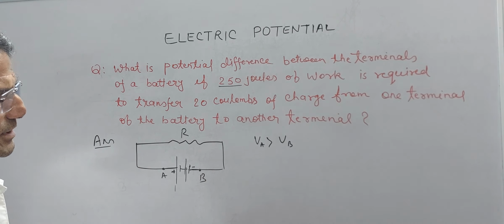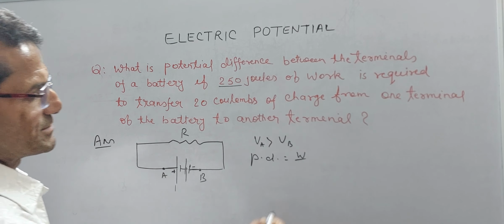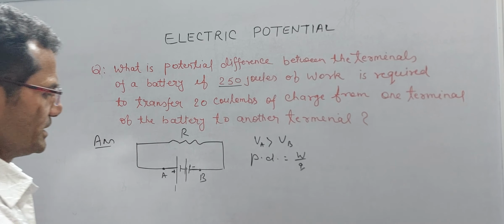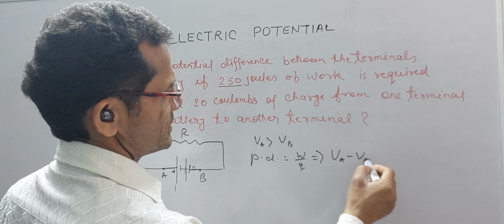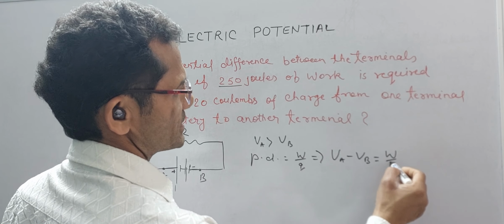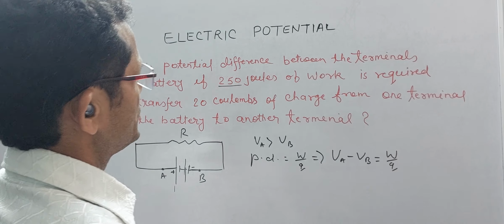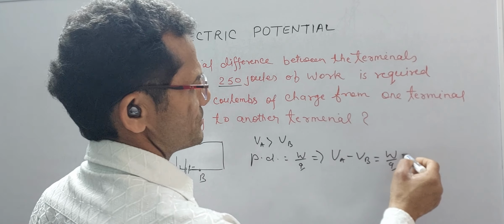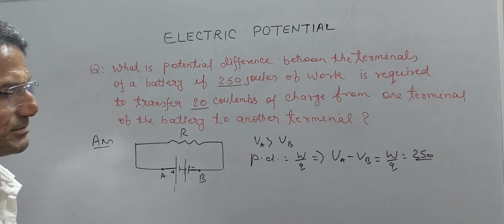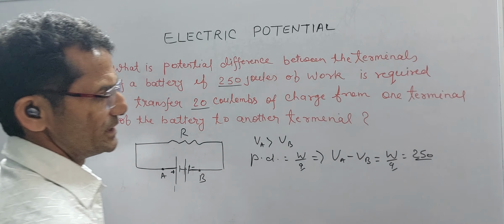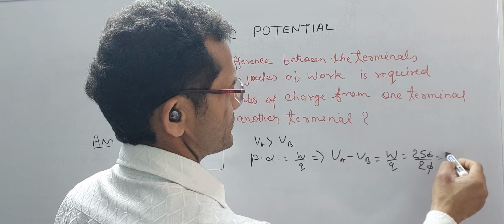Therefore, potential at A is greater than potential at B. We already know that the potential difference is equal to work done divided by the charge transferred between these two points. So the potential difference, potential of A greater than potential at B, is equal to work done divided by Q. W and Q are already given. W, the work done, is equal to 250, and the charge transferred from one terminal of the battery to the other is 20. If I divide 250 by 20, it comes out 12.5